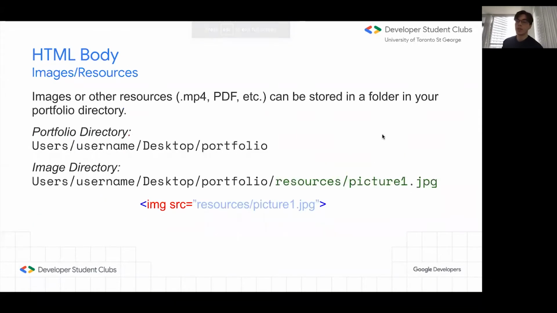We can add images and other resources to our HTML as well. So this might include a JPEG file, an MP4 file, a PDF, etc. And the way we're going to do this is by adding